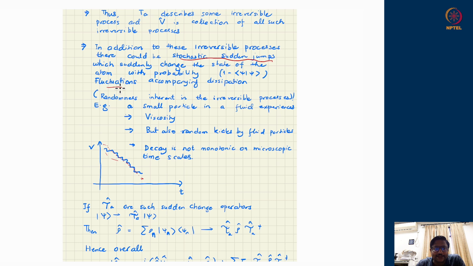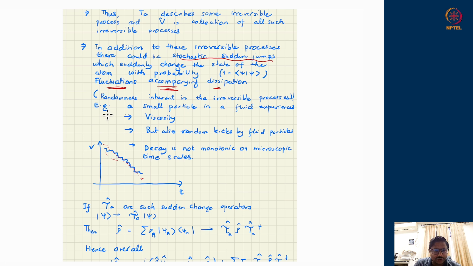So most of the times fluctuations accompany the dissipation, because the root cause of both dissipation and fluctuations is the same. There are unknown degrees of freedom which interact with the atom of our choice, and when we are not accounting for what is really interacting with the atom under consideration, both processes are possible. Therefore randomness is inherent in the irreversible processes. You can't get rid of that. You can't assume that the many things which are interacting with it are just doing a normal smooth profile.